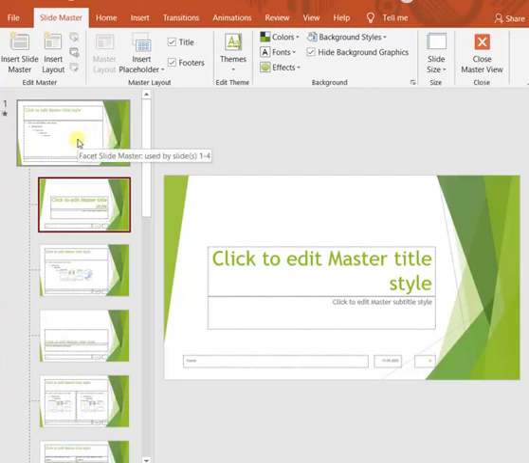See, when you take your mouse over this slide, you will see that it is showing that it is used by slides 1 to 4. That means this layout has been used by our presentation.